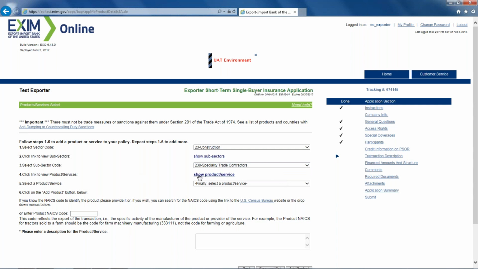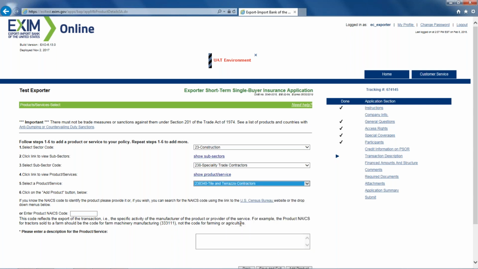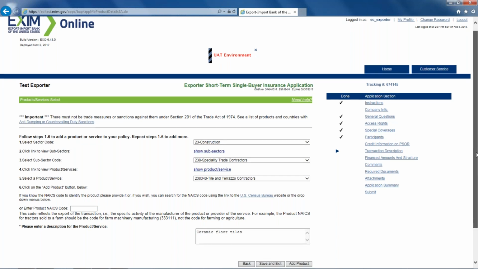Again, I'm going to press show product and service to pre-populate the next drop-down, which is here. And as you can see down here is the tile and terrazzo contractors that I selected in the beginning of the application. Okay, so now I can skip the NAICS code entry and enter the name of the product.